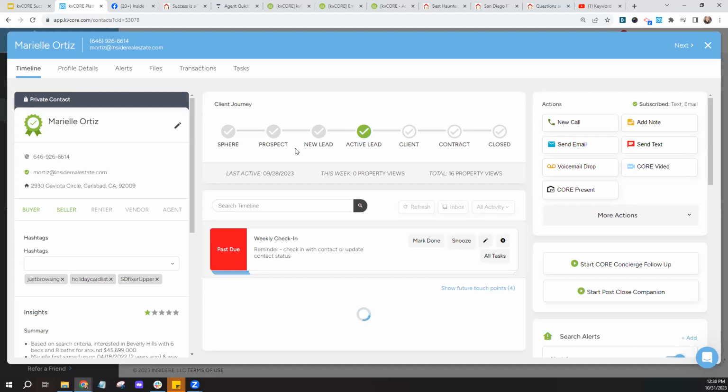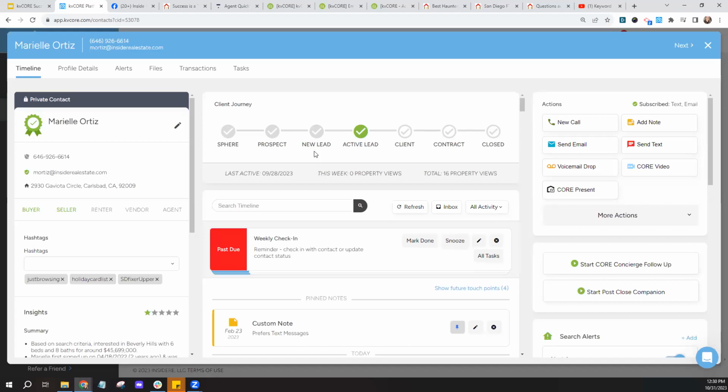And for those of you that aren't familiar with how we categorize leads at kvCORE, if you get a new lead that looks at listings on your website, and they sign up there, they're going to come in as a new lead and say a buyer. And if you have our smart campaigns, the default ones in your account and turned on, the default new lead buyer campaign should trigger and send out messaging. The new lead is probably one of our most assertive campaigns. We're really trying to speed to that lead, engage with them as soon as possible, because you're much more likely to win over that lead if you're the first one to engage with them, to reach out, to follow up. So that new lead is going to send out lots of different messages to try to capture them,